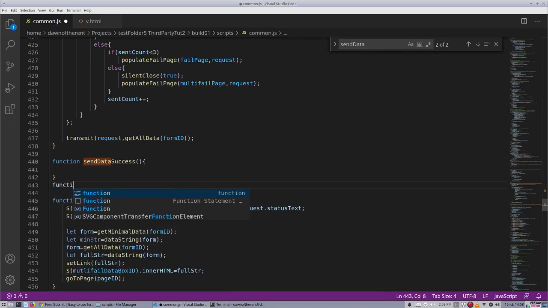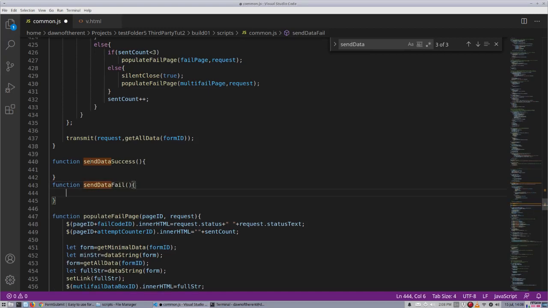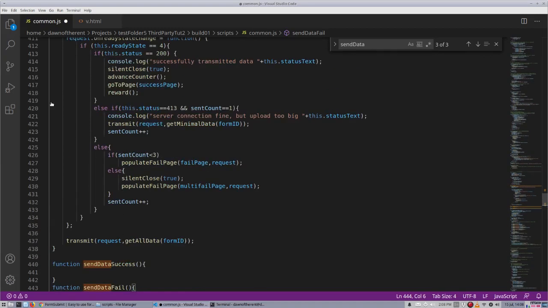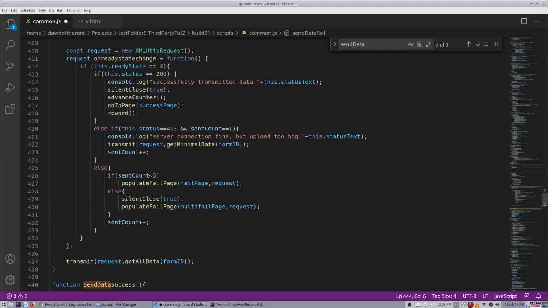And function send data fail. We aren't going to be using these just yet. I'm just using these functions to cache code. We are going to go through a number of different